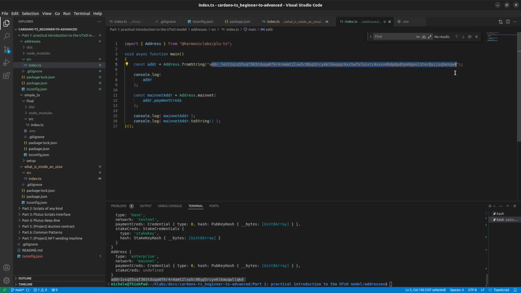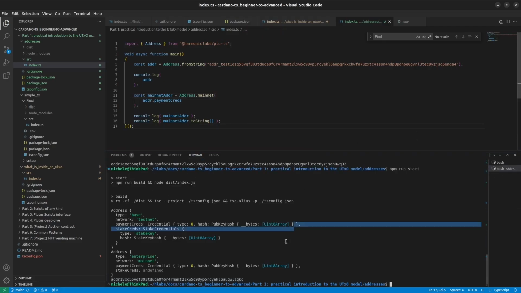And this longer address with two parts is exactly what allows you to spend your funds while also staking them. So if you do not use your funds, those funds are staked. But if you are using them, you're using the other half of the address. The other important concept is that you have a payment credential and a stake credential. Both credentials can be either a public key hash